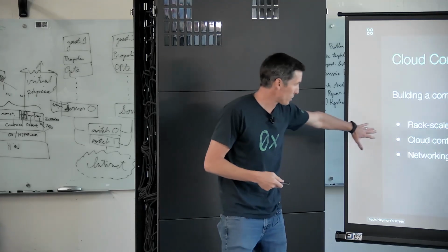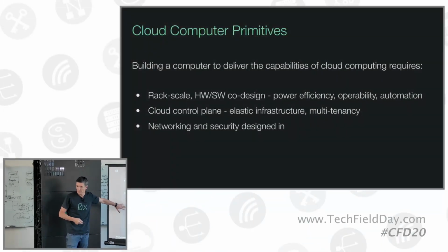A cloud control plane is baked in. And this is a really difficult part of cloud computing. Again, a lot of the team members here at Oxide are on their second or third control plane. And getting this right is critical, because this is what underpins the ability to have elasticity in the infrastructure, the ability to have true multi-tenancy, which is one of the more difficult aspects of a cloud control plane, and what is going to allow you to do bin packing and get to the utilization rates that you